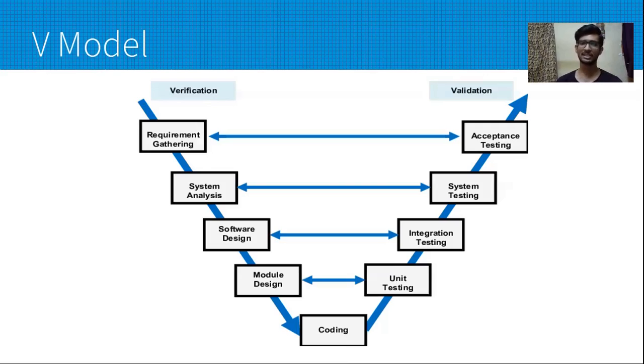Here, this V model is advantageous because for each development phase, there will be a testing phase. So the errors in the software will be greatly reduced by acceptance testing. What is the disadvantage? It is just an extension of the waterfall model. If a requirement is added in the middle of the development or testing, they cannot handle it in the middle. Instead, they will have to redo everything. Then only can the additional requirements be implemented in the software and tested.